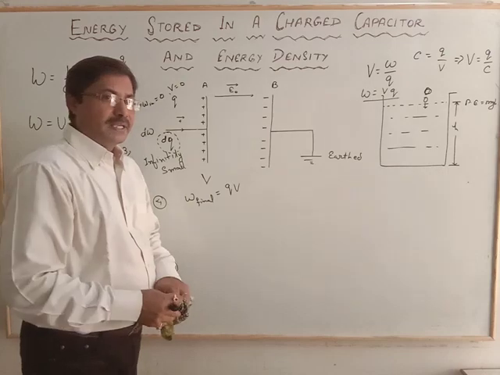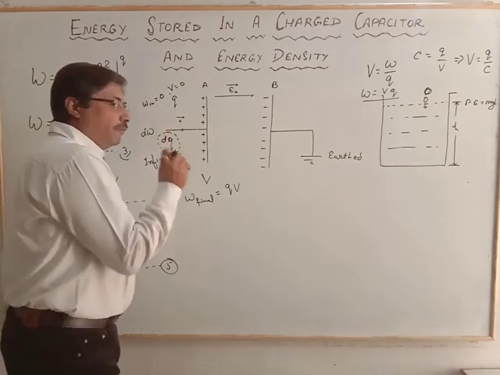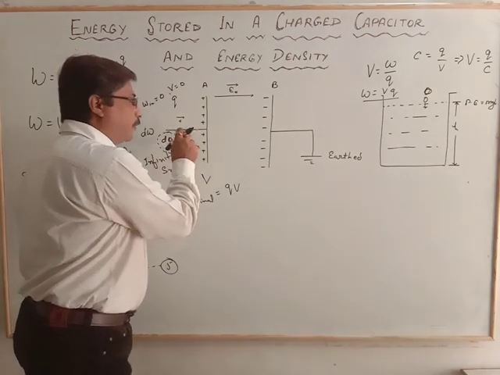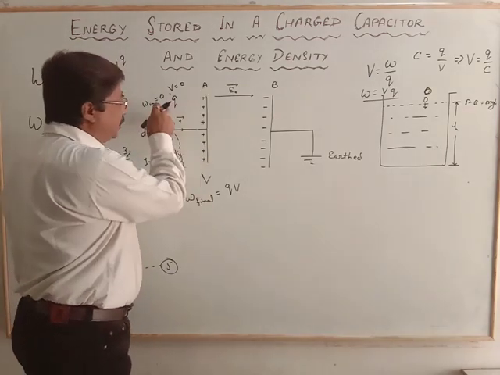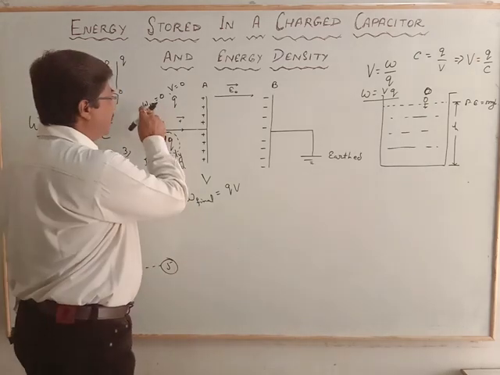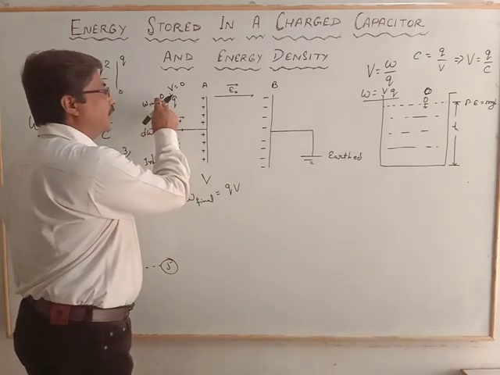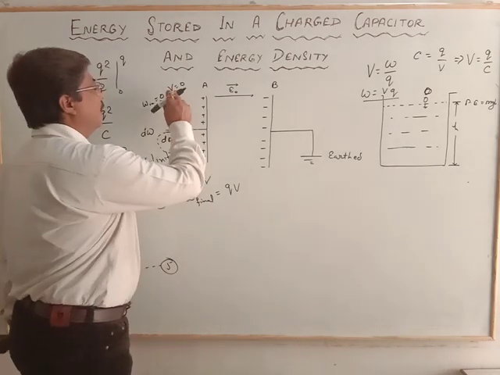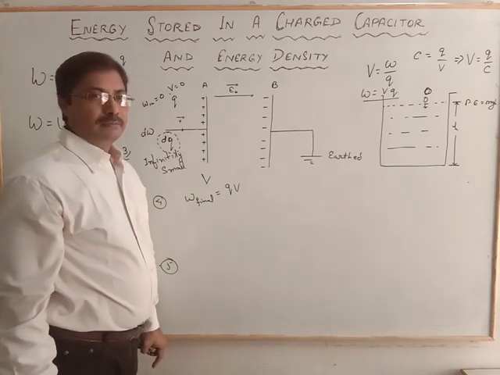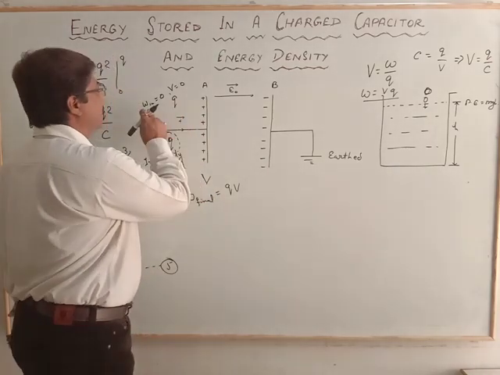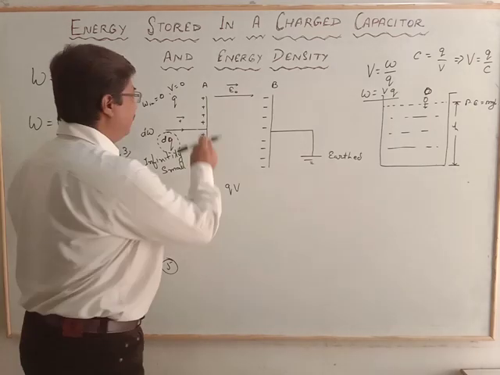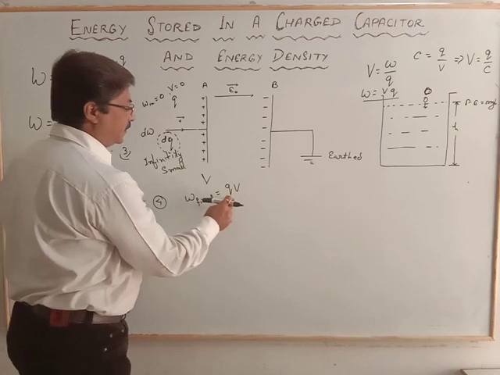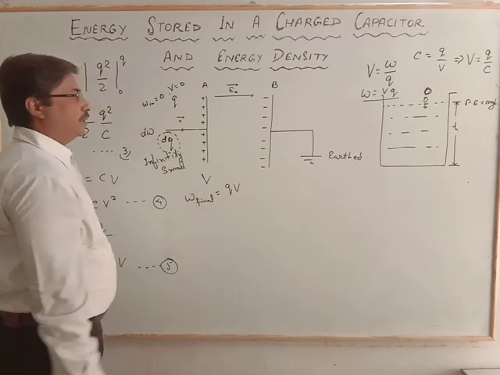Again, try to understand. We are seeing the work going for the first charge and for the charge up to Q. Initially no work has to be done because there is no charge on the plate, and no potential difference here. The potential is 0, so the work is equal to 0. But when it requires charge Q at potential V, the final work done is equal to QV.